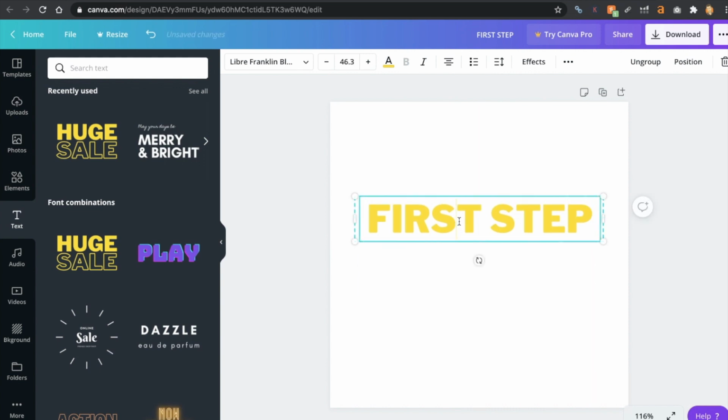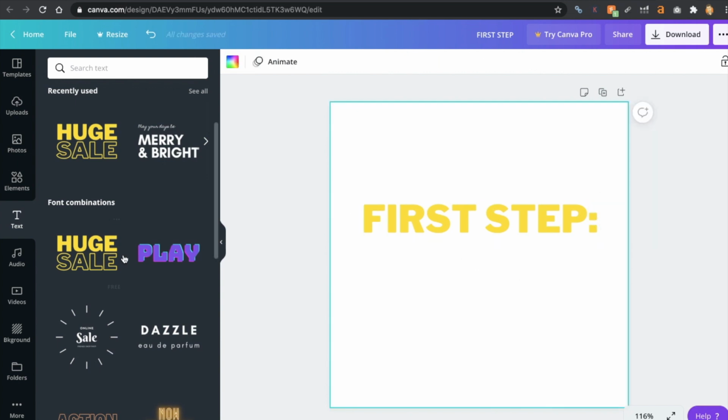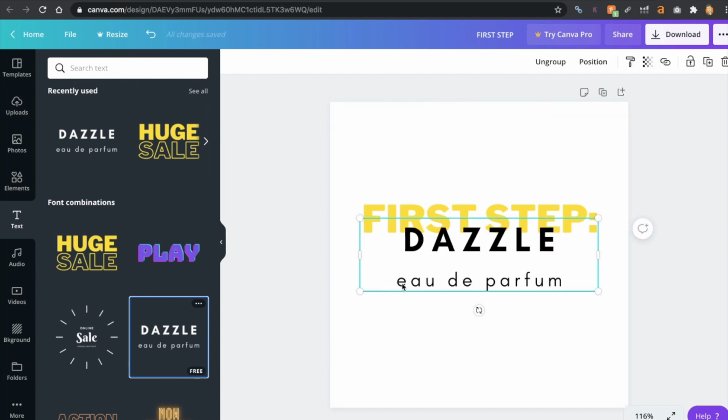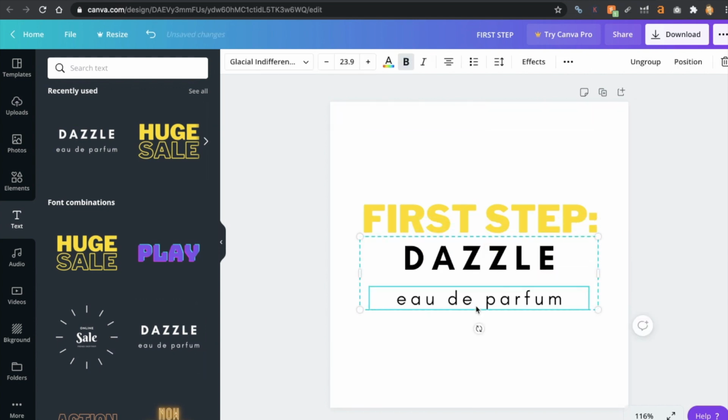Now I know it's center. And then what I'm going to do is actually put two dots, and then I'm going to actually grab the text again. Maybe I'll use this one. And this is what's cool. Actually, I'll use this one, Dazzle. And I always look for the ones that are free. First step. Delete that, and I like this one. First step,